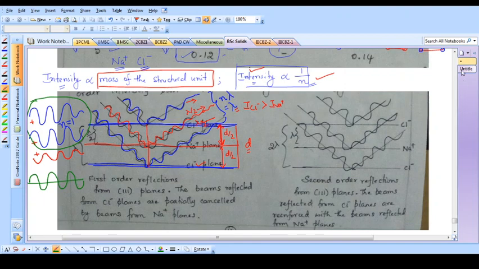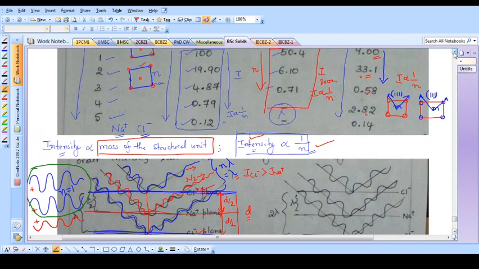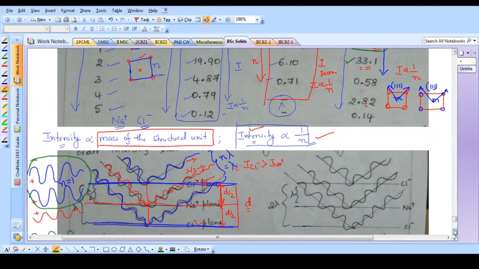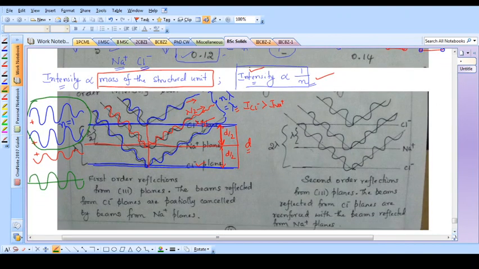Okay, so that is the reason why, in the 111 plane, the intensity of the first order reflection is less, whereas the intensity of the second order reflection is much greater. Actually, as the order increases, intensity should decrease, but here the intensity has increased. How can you possibly explain this? For that I have shown a second order reflection here. Again you have three sets of planes. This is the chloride plane,